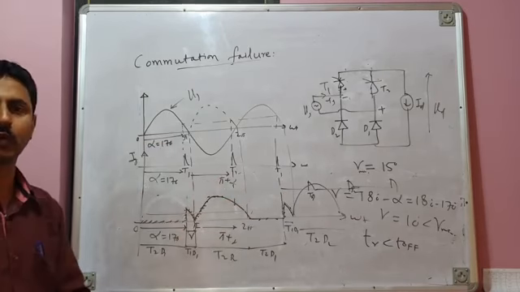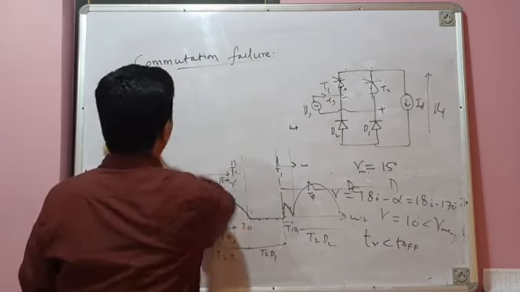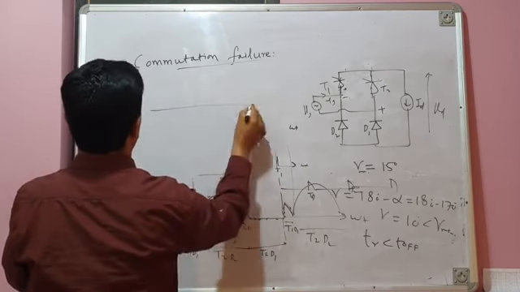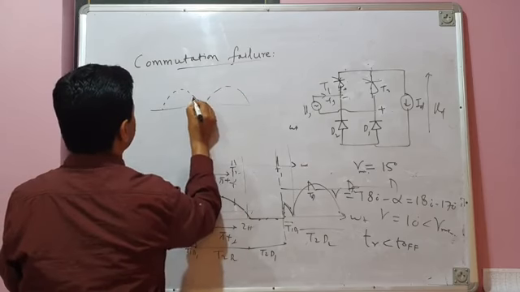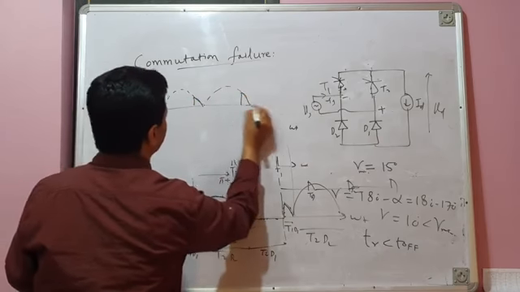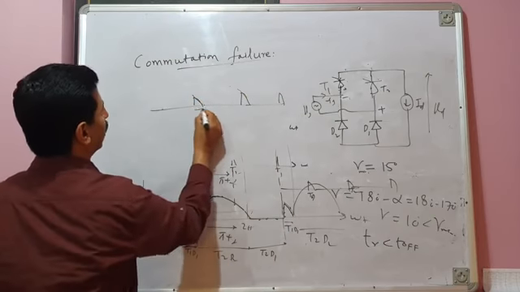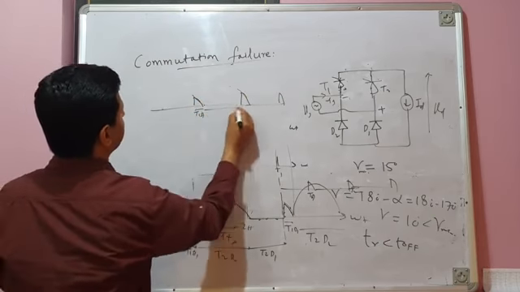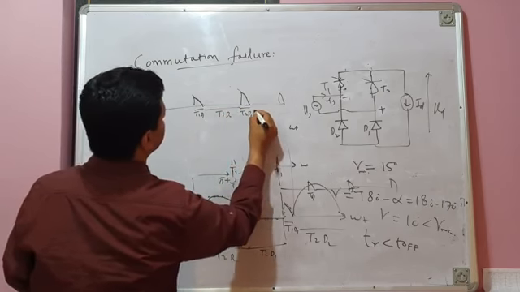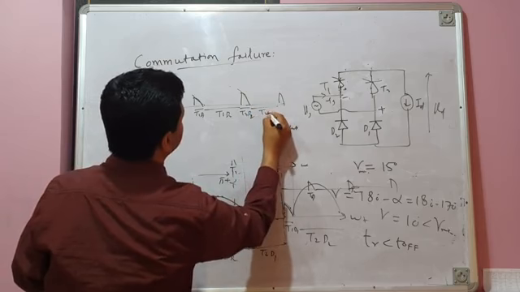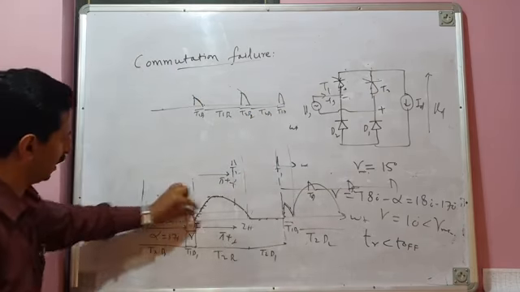This is what happens to your load voltage. What should have been your load voltage? Your load voltage for alpha equal to 170 degrees would have been like this. देखिए, it's very interesting. It would have been like this. Small. This should have been your load voltage. यहाँ T1 D1, यहाँ फिर फ्री व्हीलिंग T1 D2, यहाँ T2 D2, यहाँ फ्री व्हीलिंग थ्रू T2 D1, and then again T1 D1. So this should have been your load voltage, small segments.